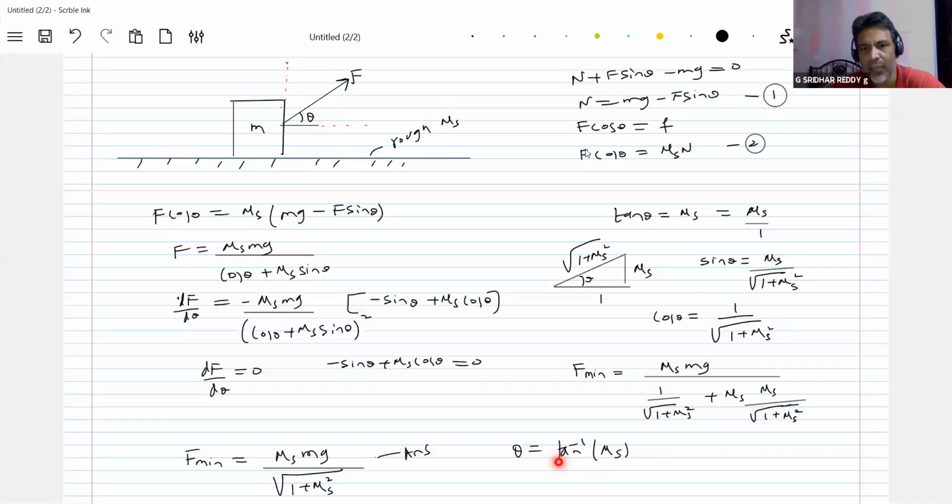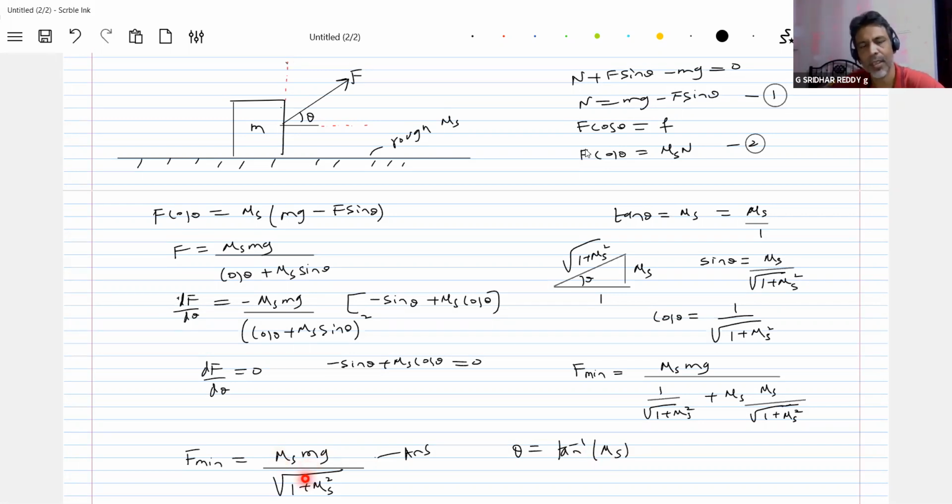It's not the angle of friction again. Don't get confused here. It's not the angle of friction. In the previous case also we took theta, there it was different. Here the situation is different. So what is that angle at which I should apply the force? Tan inverse of mu s. That is telling one specific angle is there. Then how much is that force? Is it less than mu s mg?